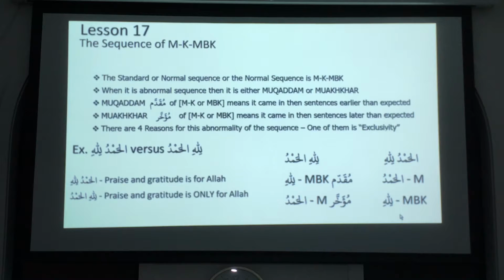Alhamdulillah means praise and gratitude is for Allah. Lillahil hamd means praise and gratitude is only for Allah. That is, it makes the thing exclusive. We have to use the word only, and that changes a lot of meaning actually. And a lot of the time you won't find it in a lot of translations, even the older translation, what is it called? Yusuf, yeah. In his translation, a lot of things are missing. I'm not blaming them, because they are from another generation,